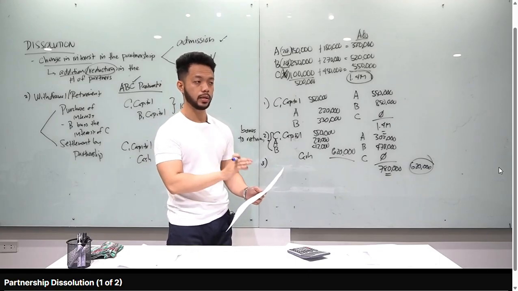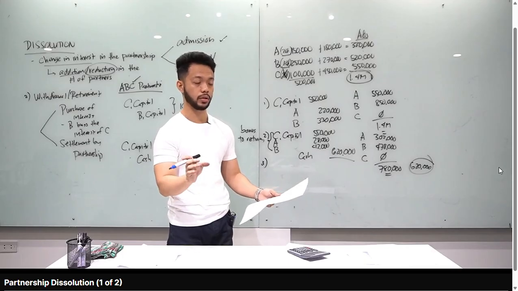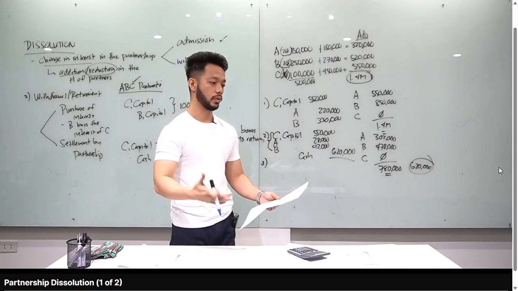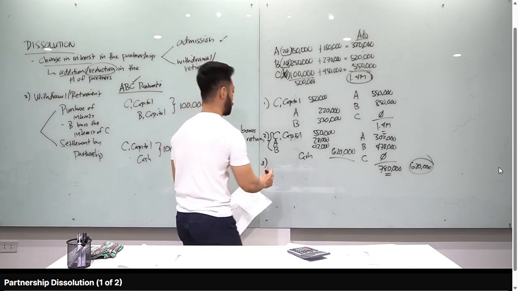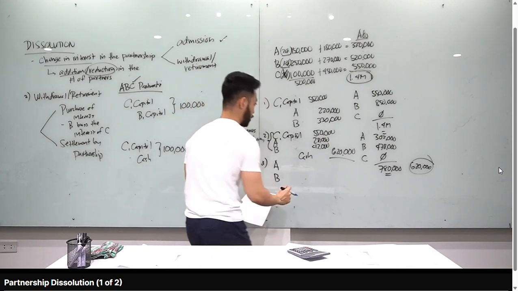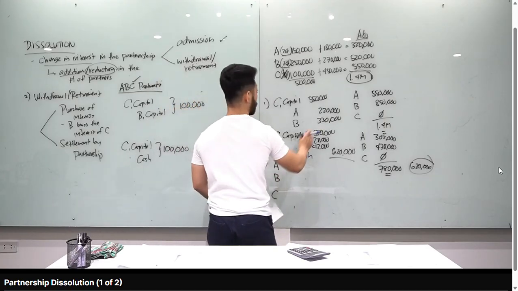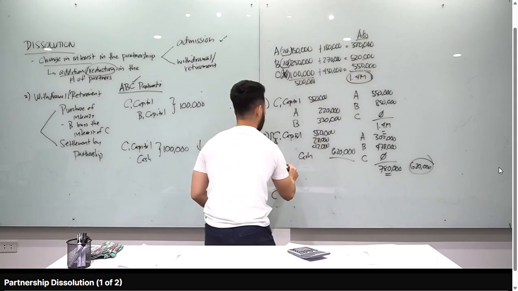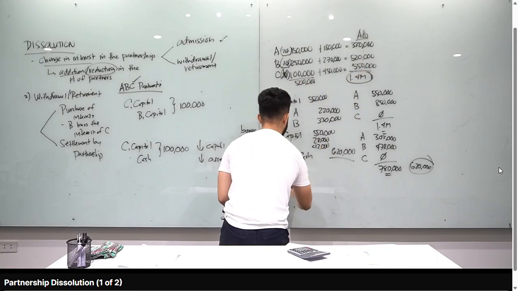Now, una mong gagawin dyan, update the capital balances. Kasi sabi ko kanina, before ka mag-admit, before mag-withdraw, kailangan adjustin yung capital balances. Okay? And one of which is kailangan i-revalue mo yung assets and liabilities. In this case, you have to revalue the land. Right? Now, lagyan natin dito. A, B. Kasama ba si C sa revaluation? Yes. Okay? Laging kasama si retiring partner. 330, 520, and 550.